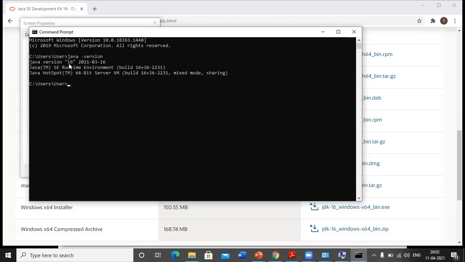As I installed JDK 16, it shows Java version 16. This is how you confirm that Java is properly installed on your system and you have correctly set your environment variables. Now once you understand how to install Java on your system, let's move ahead and understand how to